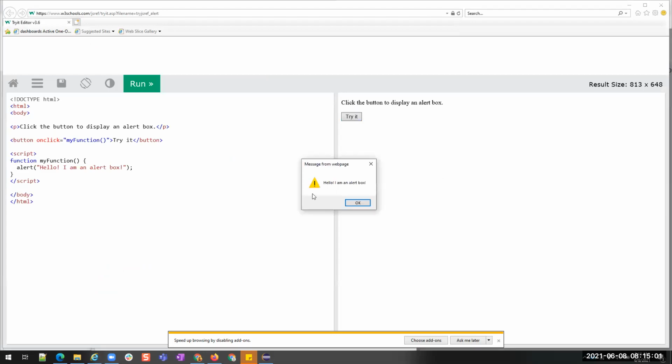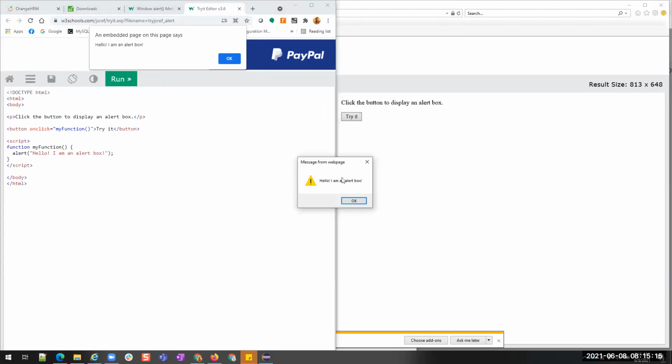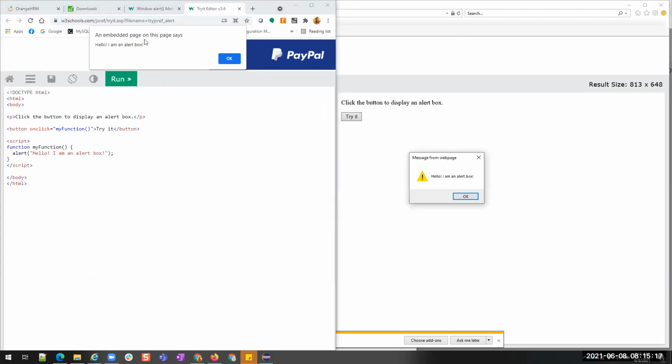You see, is it displaying as a browser alert? This is a Windows alert. I won't be able to take any action until this alert is closed. What is the difference between these two? I cannot move this one, it is fixed in position, but here I will be able to move it.